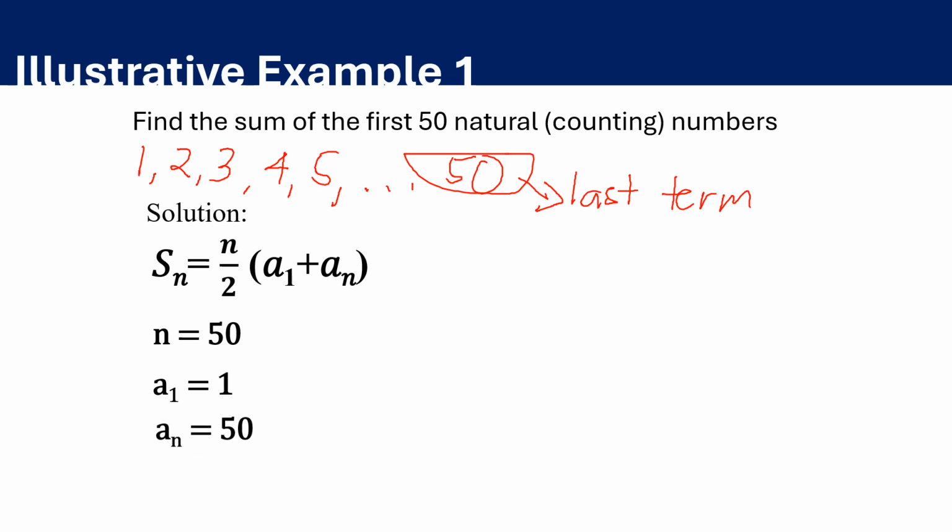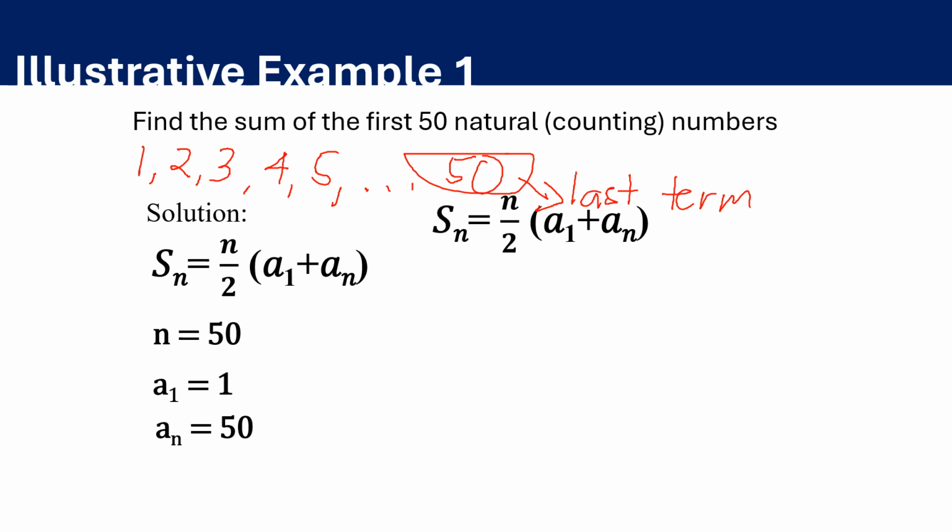And we already know what the nth term is, meaning the last term, and this is 50 because we are asked to find the sum of the first 50 counting numbers. So for 50 counting numbers, your n is 50 because that's 1 to 50, and you'll end up with 50. So n is 50 and a sub n is equal to 50 at the same time. So let's focus on the formula.